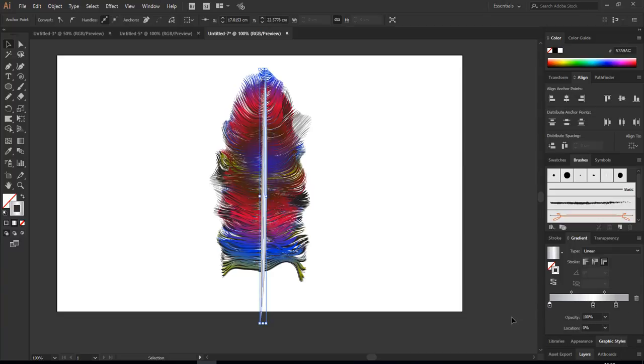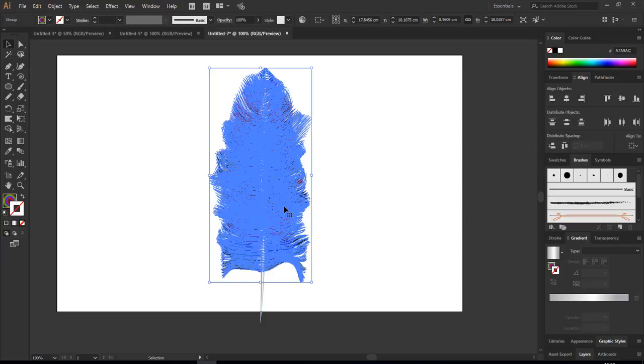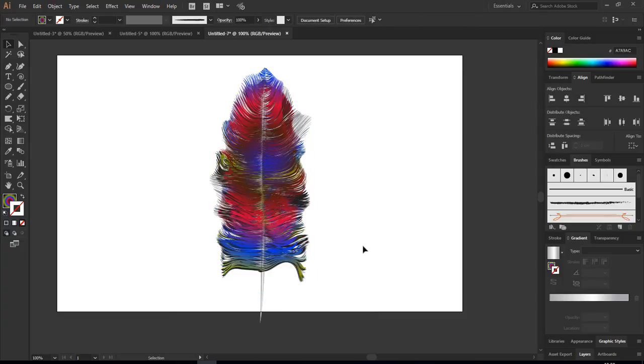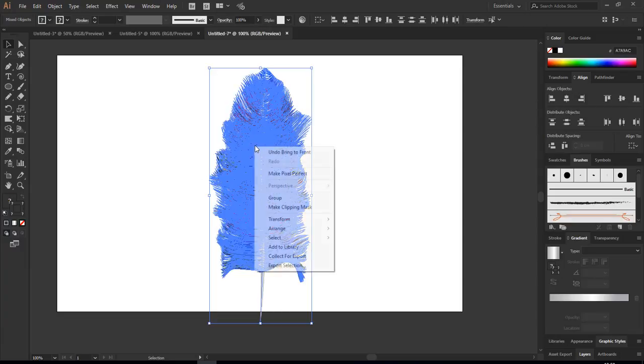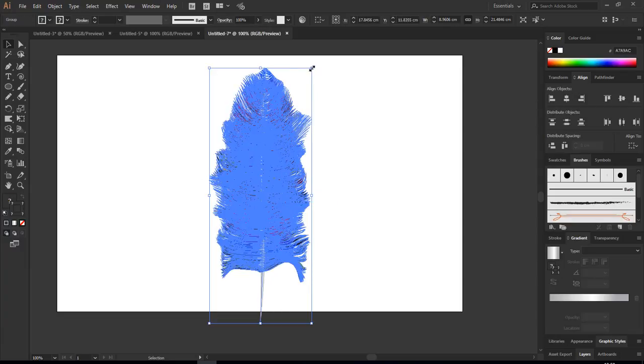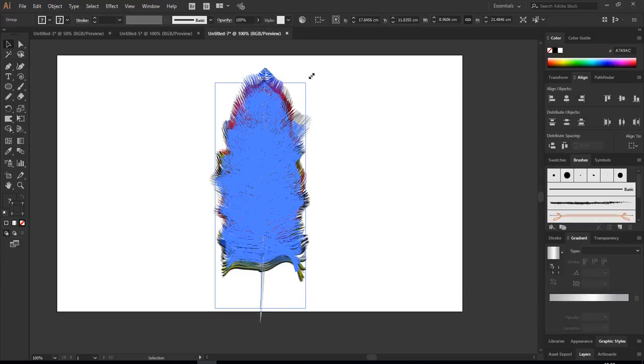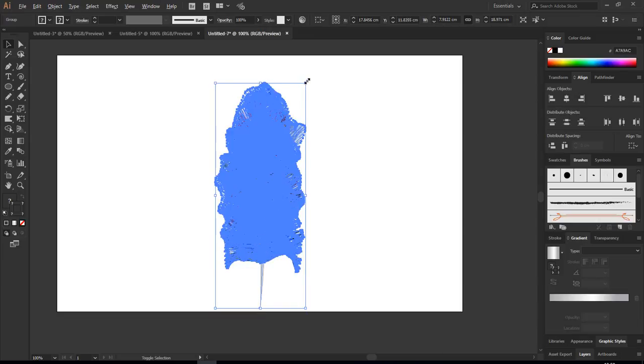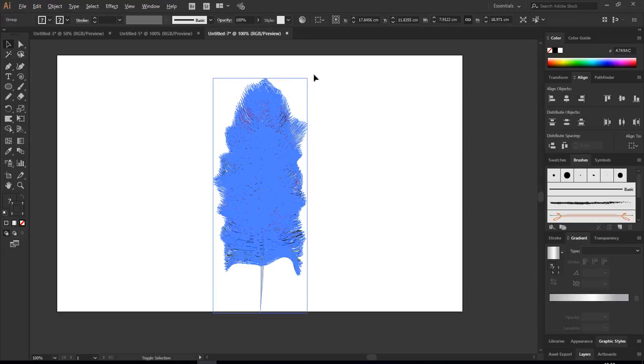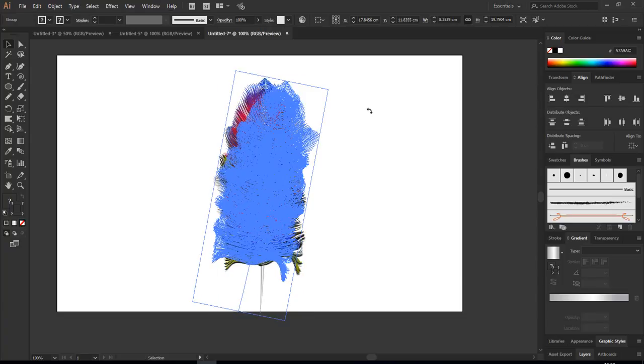Just hit and bring it in front. You can always go here to change the size. Bring this one maybe to front. Yes. And now select all, right click, group, scale it down a little bit, not too much, and change the direction maybe,